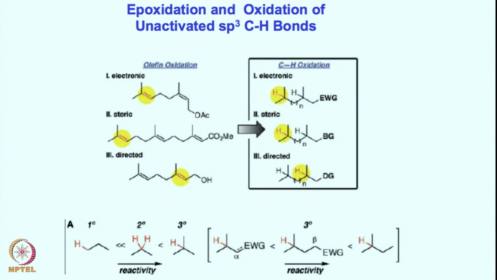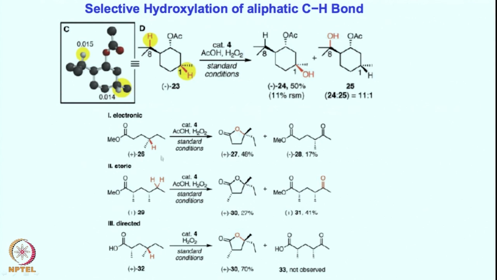So, this sort of selectivity in case of olefin epoxidation can also be extended both in terms of the directing group, sterically demanding group, and the electron richness can be monitored and can be predicted for a given organic substrate. So, depending on how complex the substrate is, prediction for the hydroxylation site becomes much easier, right. We have seen that, for example, if you are looking at this compound, you have a primary center, a secondary center, a tertiary center, a secondary center, of course primary center, but primary are not reactive, secondaries are not reactive too much, tertiary is going to react, and that is what you see.